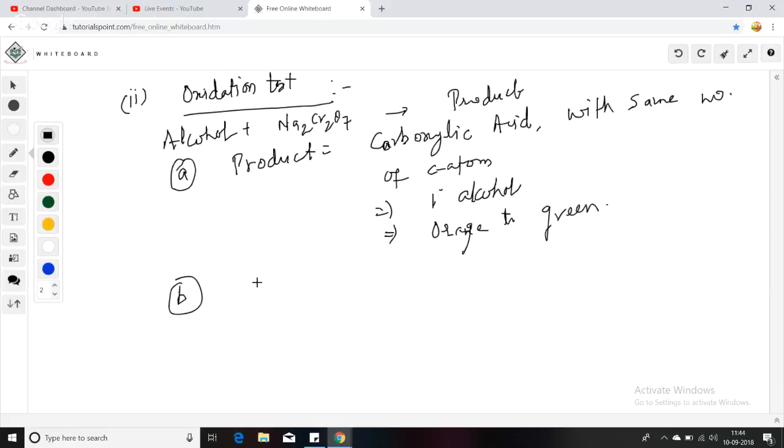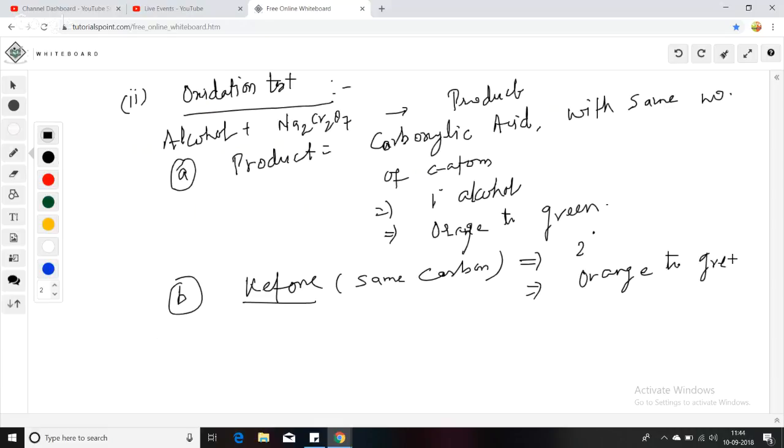If the product is a ketone with the same number of carbon atoms, the same carbon, then the alcohol is secondary, like we have already done. 1 degree alcohol gives you aldehyde or acid, 2 degree alcohol gives you ketone, right? The color changes again, orange to green. Third one you see, if no color change,